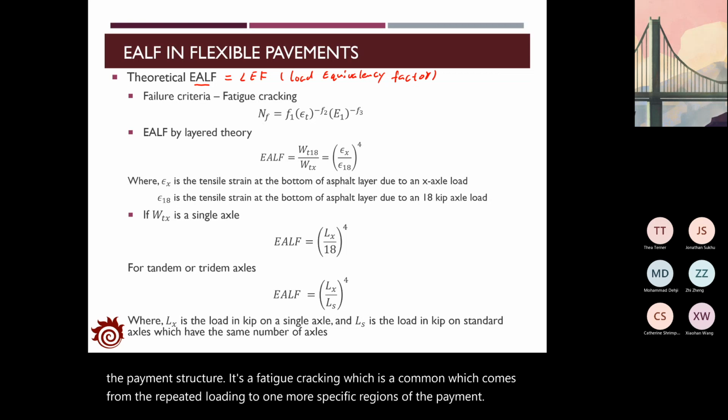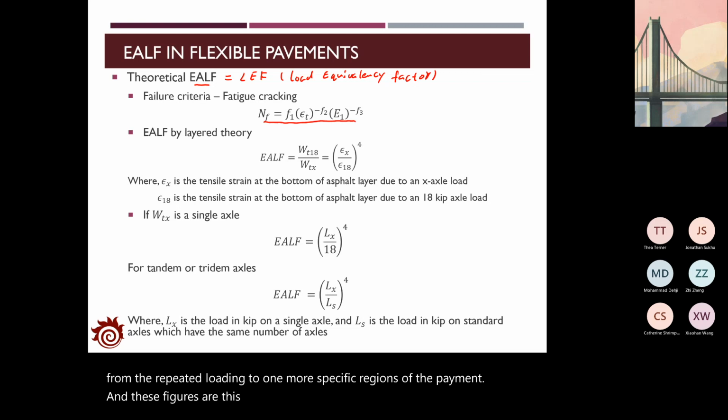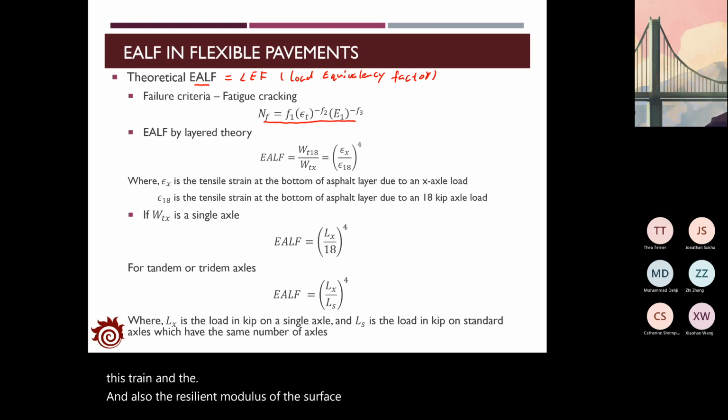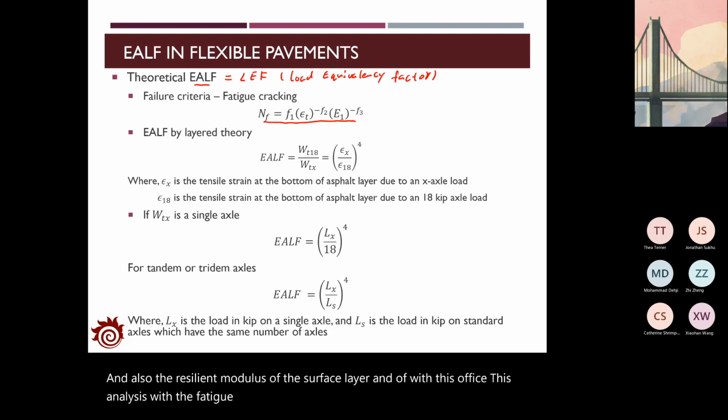This equation defines the fatigue cracking with respect to the strain and also the resilient modulus of the surface layer. With the fatigue cracking criterion, the load factor could be estimated theoretically as